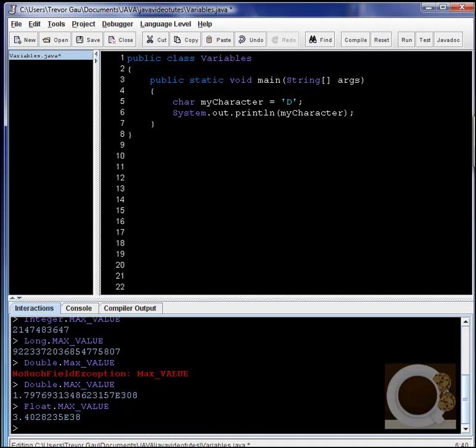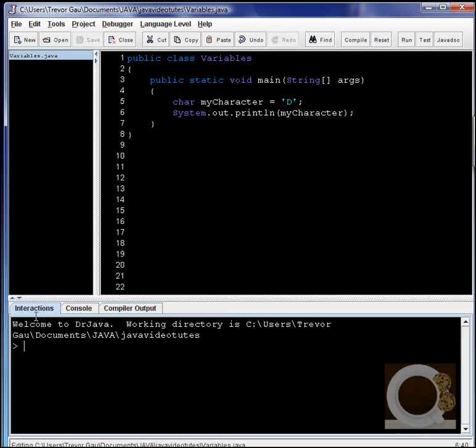And remember, strings are denoted with your double quotation marks like that. So if you see a single quotation mark, don't get confused and think it's a string, because it's not. Let's go ahead and compile that and run it. Java variables. Obviously it'll print out a D for us, and that's capital D. It's not the same as a lowercase d,